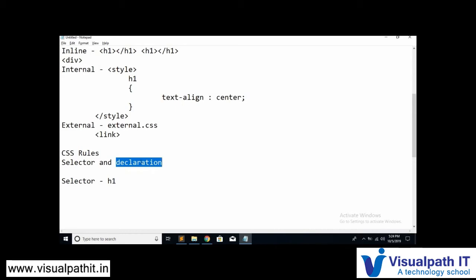Okay, each declaration includes a CSS property name and a value, and it is separated by a colon. Okay, and a CSS declaration always ends with a semicolon, and declaration blocks are surrounded with the curly braces.